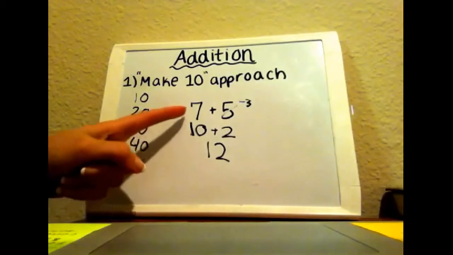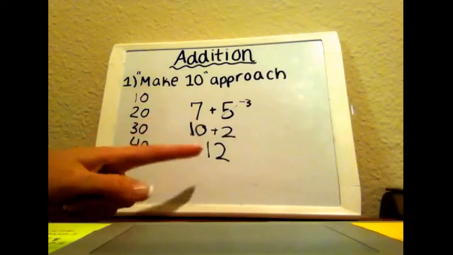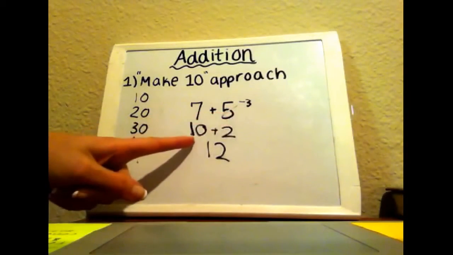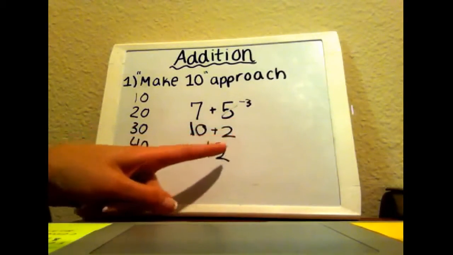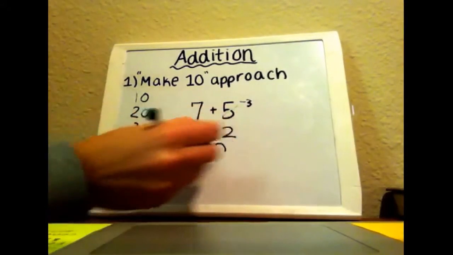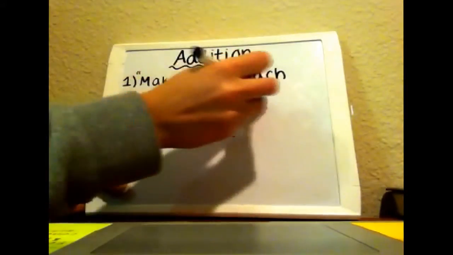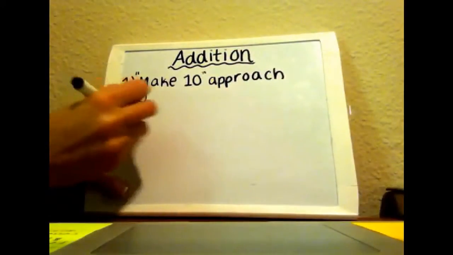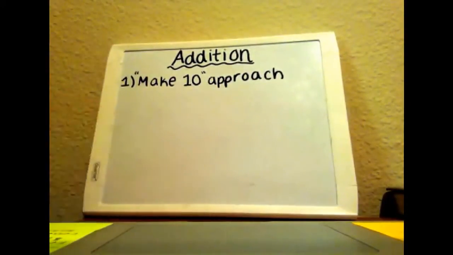As you can see, we took that 7, made it into a 10, and the only way to do that is by taking that amount, which was 3, from 5. And we got the same answer that we would as if we added 7 and 5. Now we're going to do 2 more problems, and they'll get a little bit more difficult with each one. So for the next problem,